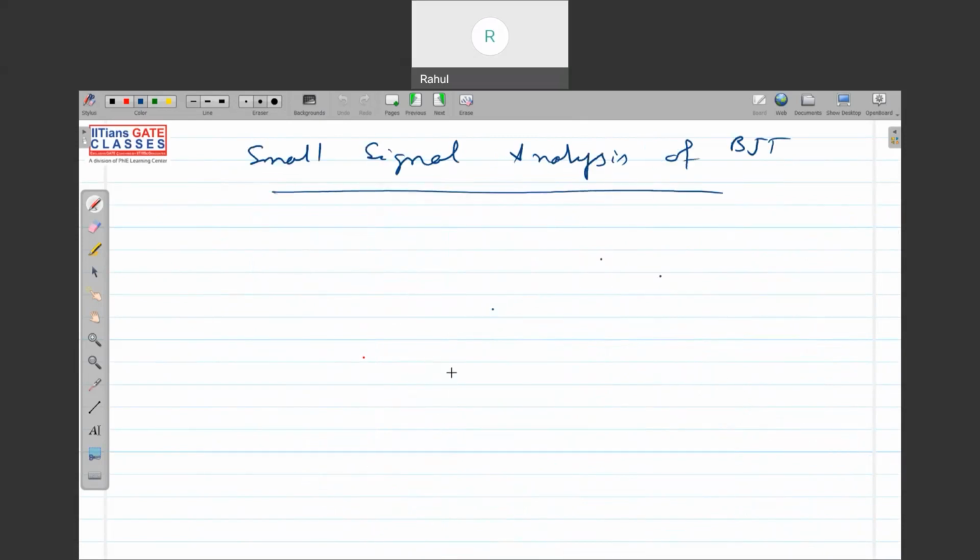Then we will start the small signal analysis of a BJT. What is the meaning of this? Suppose I have taken a BJT. Okay. So this is my